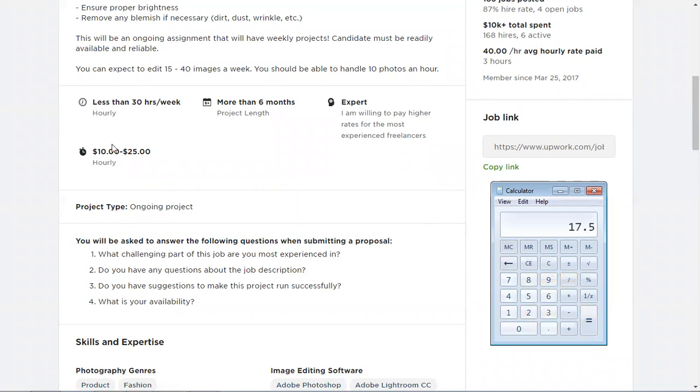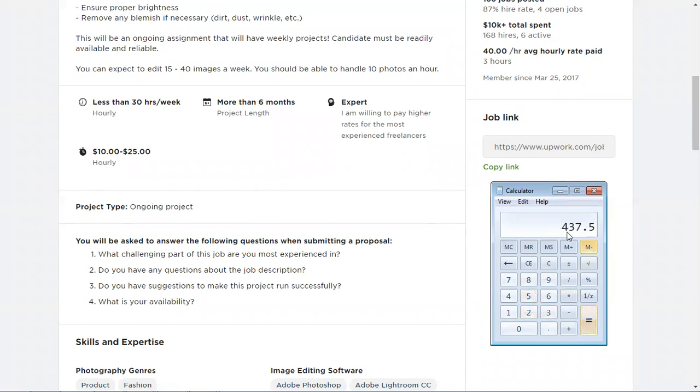Let's suppose you get the project and you are in the middle of these values, a $17.5 hourly rate, and you get the project at 30 hours per week. So let me go again with the average, and multiply this with 25 hours per week.